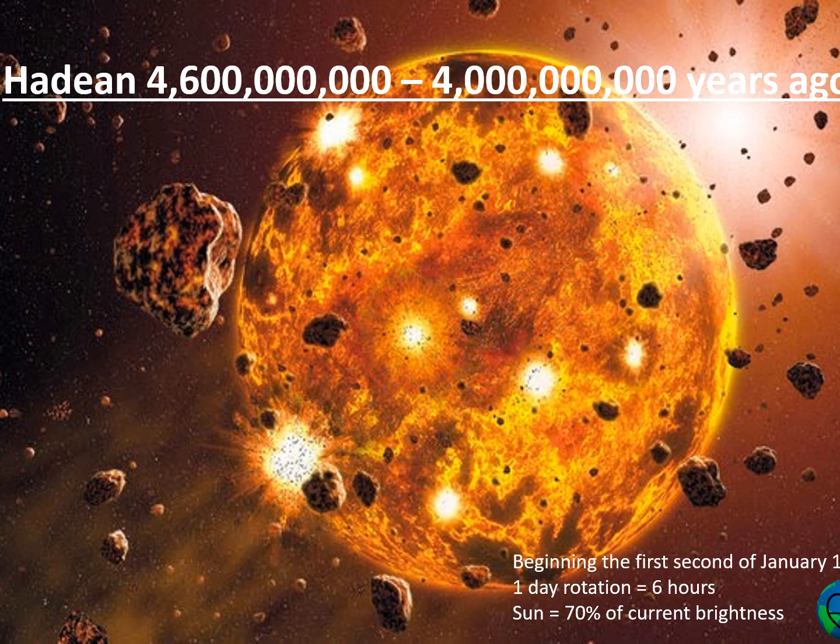Now we start the calendar, the first second of January 1st. Dust and debris from the formation of the Sun accreted to form a rocky nucleus now known as Earth. The Hadean represents the beginning of Earth, which started 4.6 billion years ago. During the Hadean, Earth was a meteorite and comet-bombarded mass of magma.